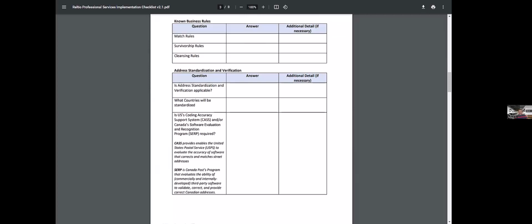Again, Reltio has out of the box cleansing components. We have address standardization and address cleansing via Locate. We have phone and email standardization and cleansing as well.